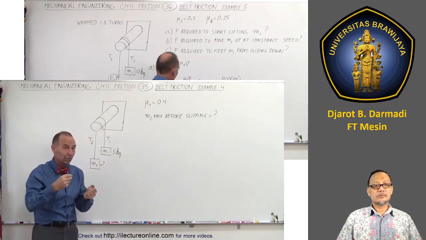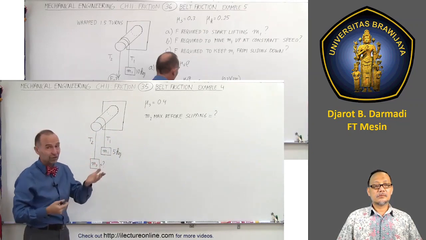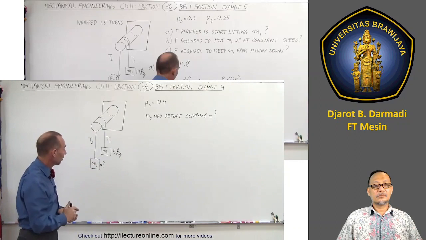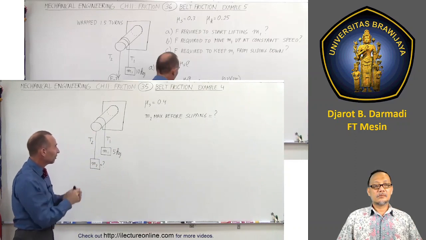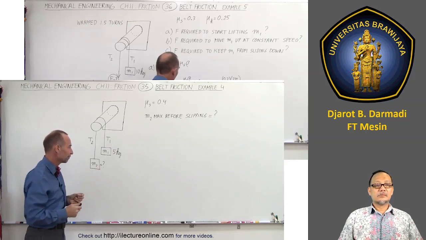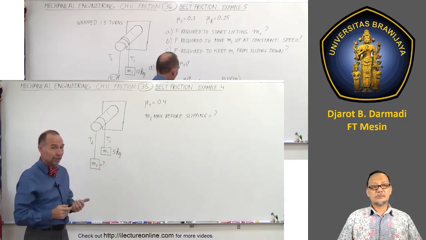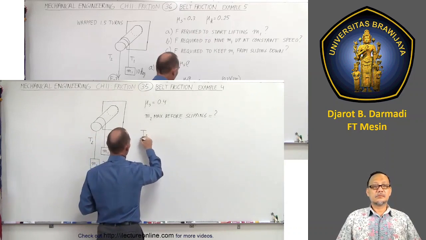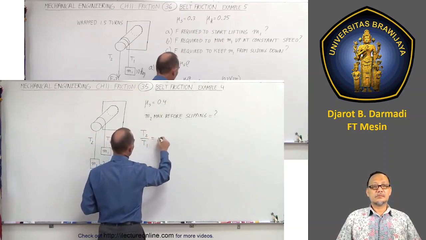Obviously, once they start moving, the coefficient of kinetic friction is smaller, and of course the whole system will begin to accelerate. So what's the maximum M2 we can attach here before everything starts slipping? Well, what we need to do here is again start with the same equation, that T2 over T1 is equal to e